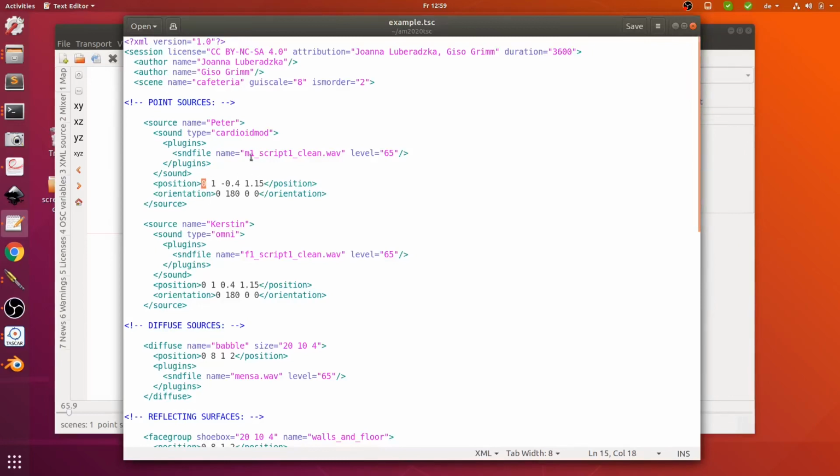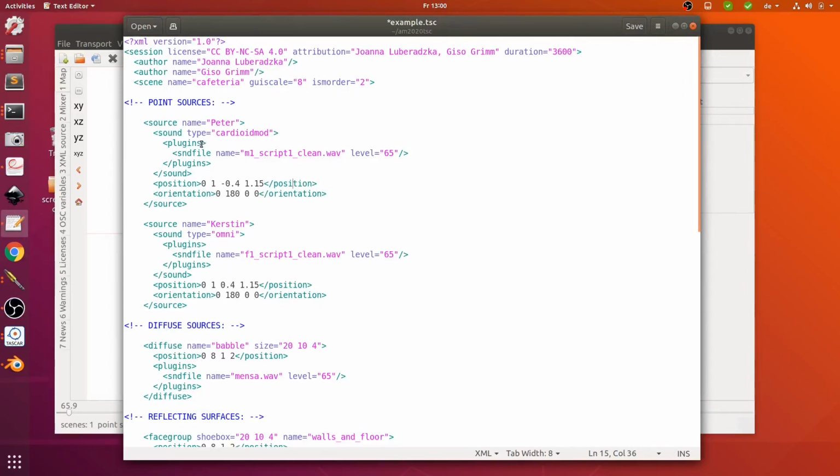So if we wanted to create a certain trajectory, we could, for example, copy this thing and say in the second number 1 the source will move to this position, and the position is specified, as you might think, in Cartesian coordinates. Okay, so and then we have orientation, and